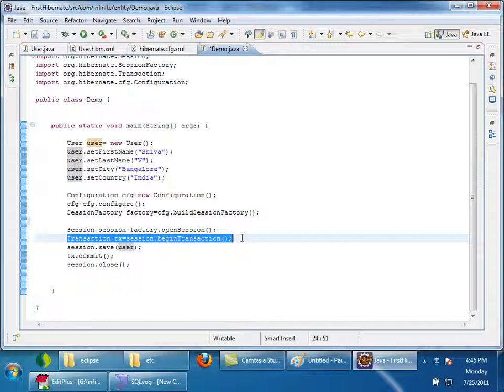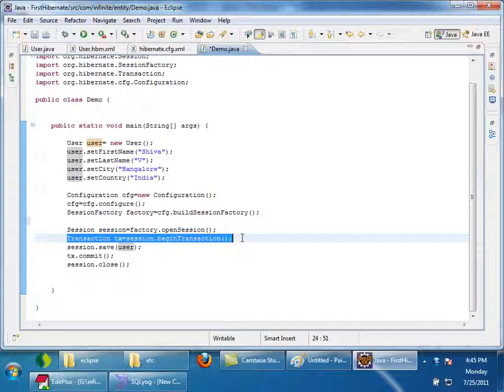Once I say begin transaction, it internally calls DriverManager.getConnection, and it will call connection.setAutoCommit(false). So the connection is established at the begin transaction line, not earlier. Only a session object is created before that.